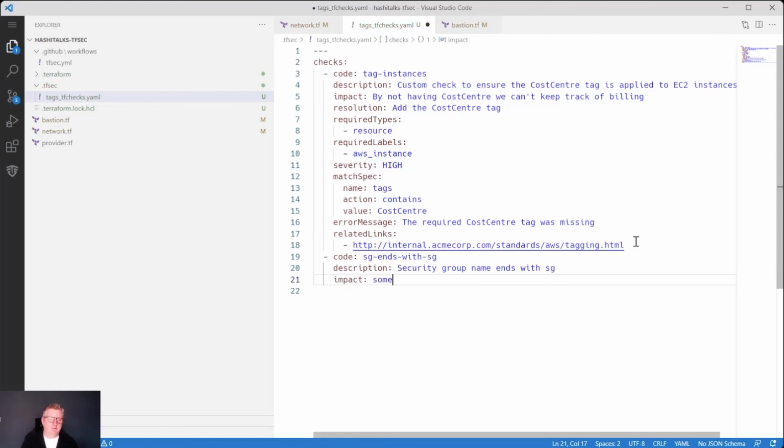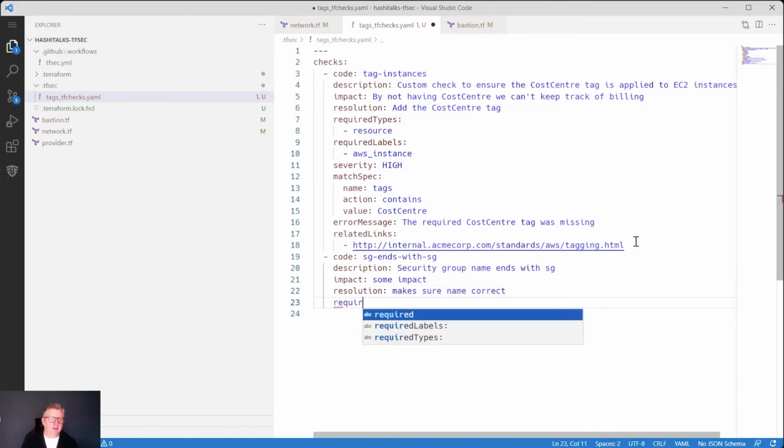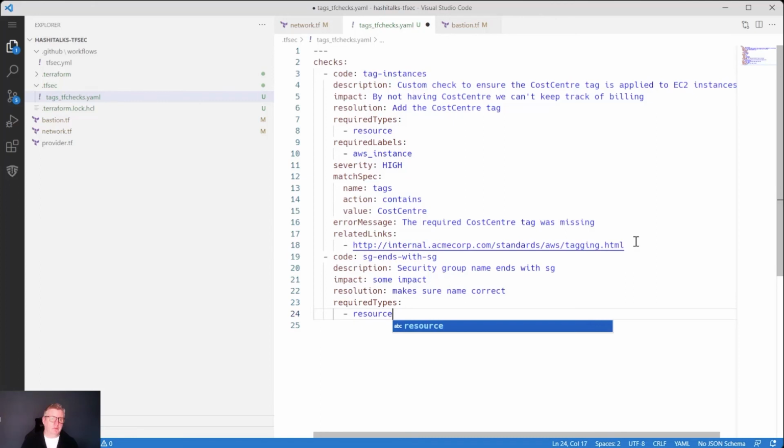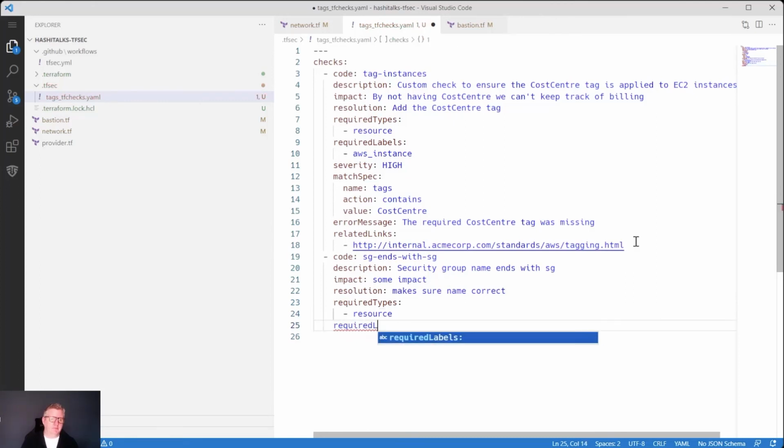Impact. Resolution: make sure name correct. So what are the required types? In this case, our required types are resource, and our required labels